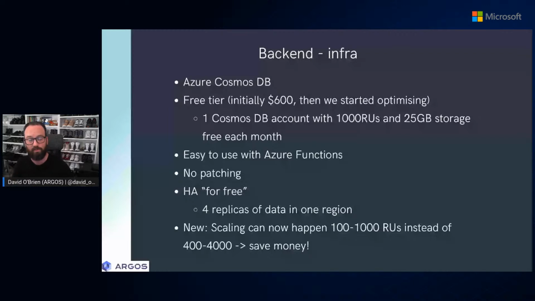You can already get quite far with 1,000 request units per second. I don't have to go too deep into request units per second, but it really depends on how you also build your queries. Microsoft charges you based on the compute, basically, they have to set aside for you to run a query and return the results. Well, very quickly, we got stung with $600 on that Cosmos DB backend, which ended up being the most expensive, but also the most valuable aspect of our application, really, before we started optimizing our spend here.